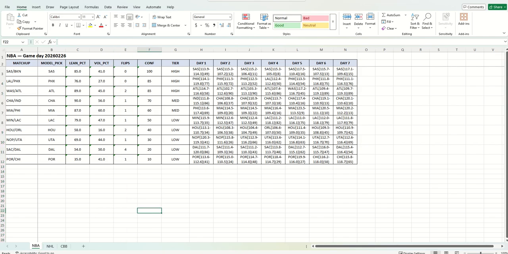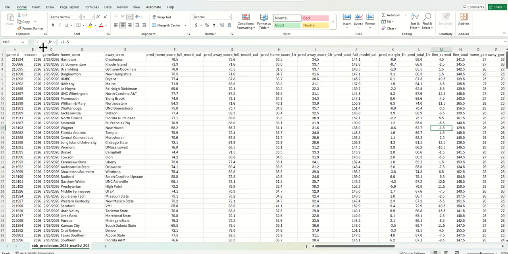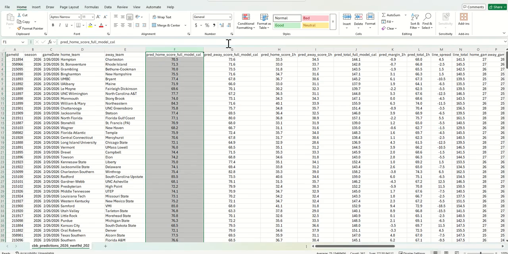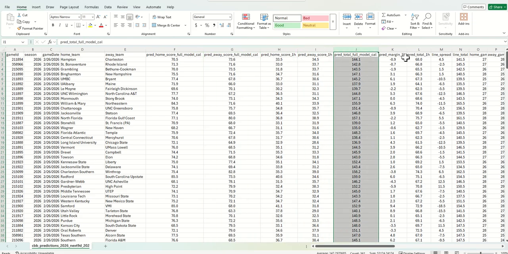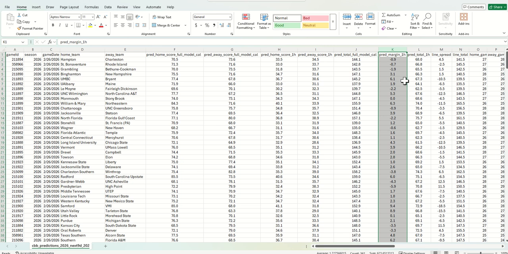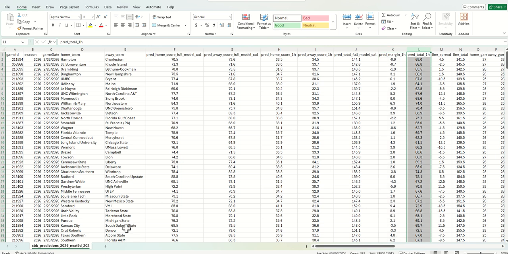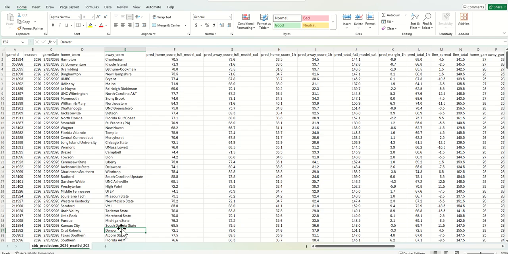So every day I run this one. I also run actual predictions for the games. So here's the college basketball. I have the home score, away score, first half scores, totals, predicted margins for the first half. So there's a lot of data that I have that I try to go through, and I want to try to get some of the best picks out. But on the time crunch and all of that, I just really think this would be easier to try to go live and help you guys out that way.